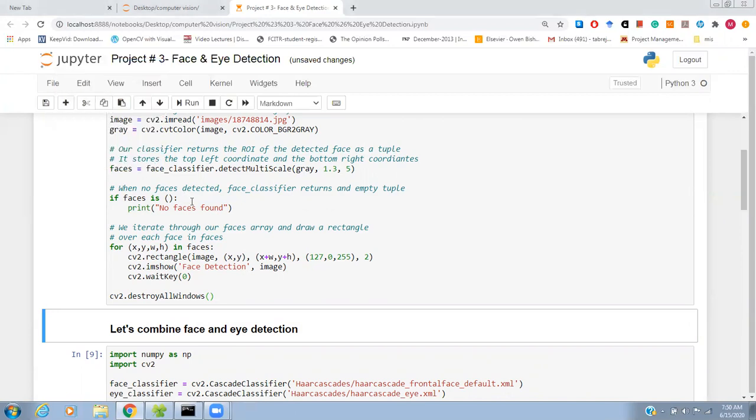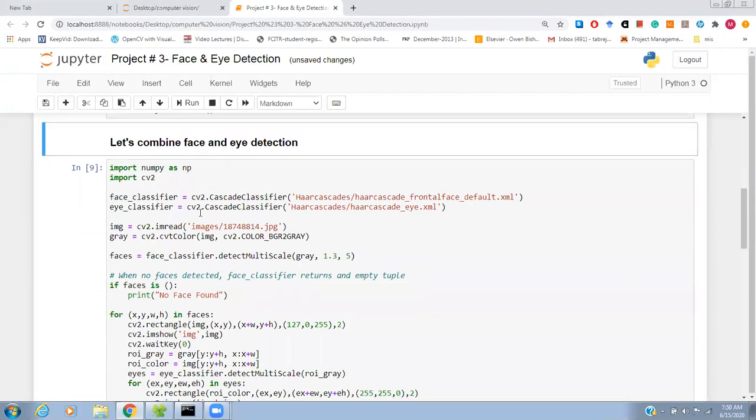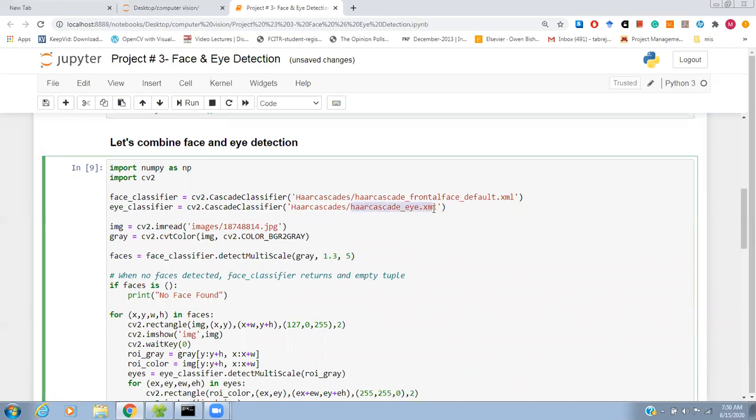Okay, now we'll combine the face as well as the eye. Now we use another cascade classifier, called haarcascade_eye.xml. You can find this file over the internet easily. So this is the first, the face classifier, and the second one is the eye classifier.